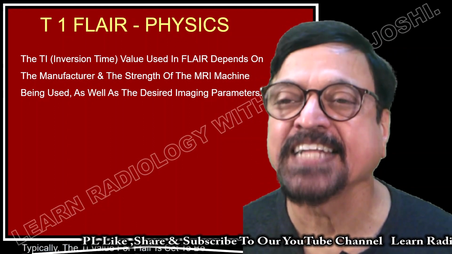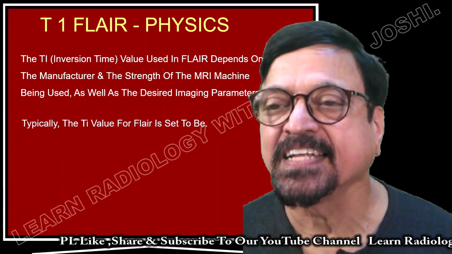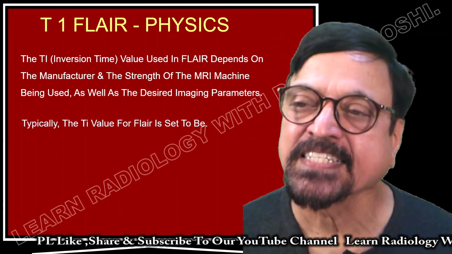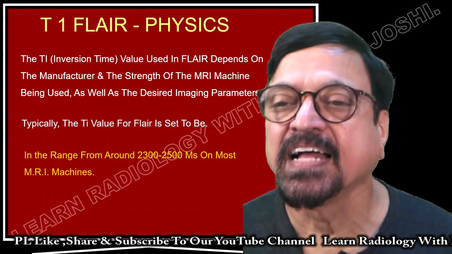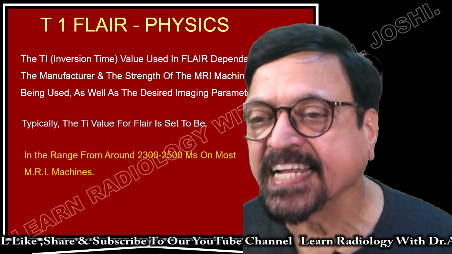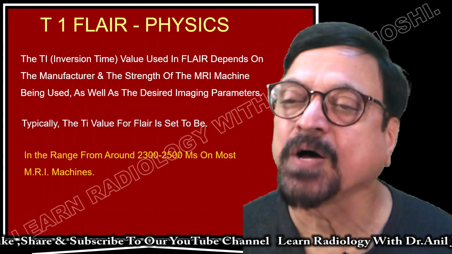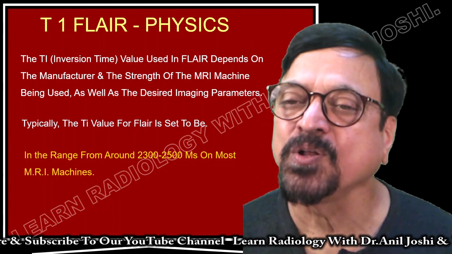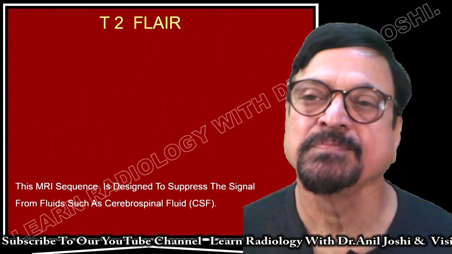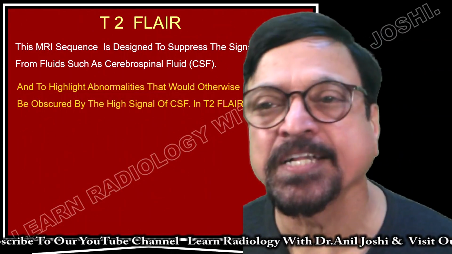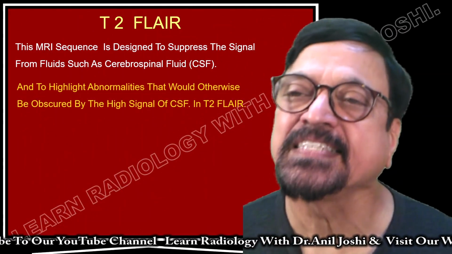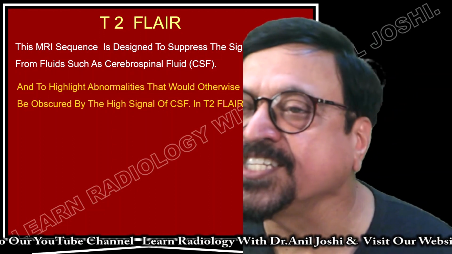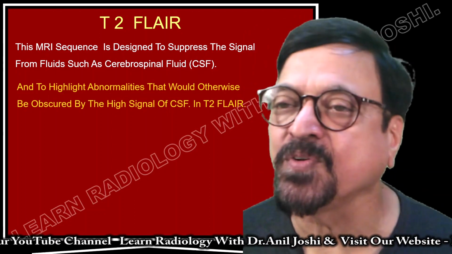So these are set by the manufacturers. Typically the T1 value for the FLAIR is set in the range from 2300 to 2500 milliseconds on most MRI machines. However, it does differ. This MRI sequence, T2 FLAIR, is designed to suppress the signal from fluids such as